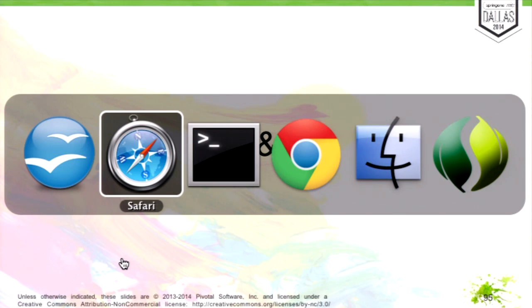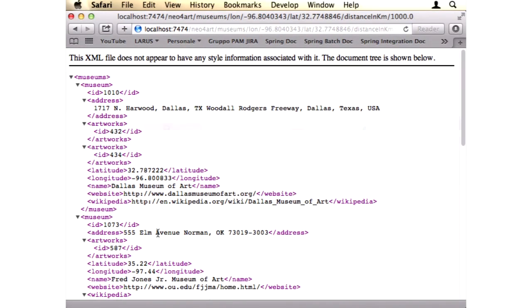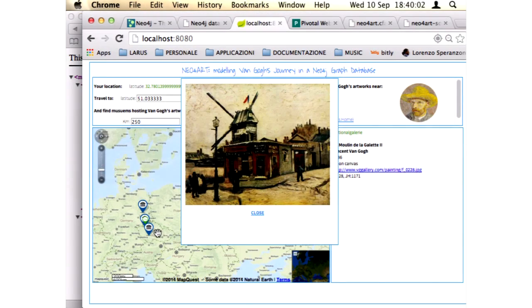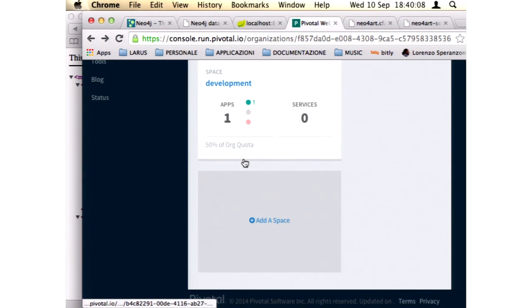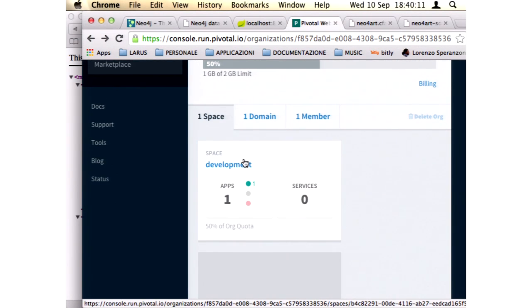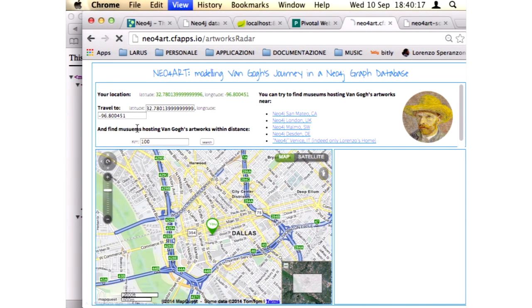OK. Before moving to the question and answer session, let me just show you the same application deployed on Cloud Foundry. As you can see here, we have just now deployed the application, which is up and running, and we can query it exactly like the local embedded version.